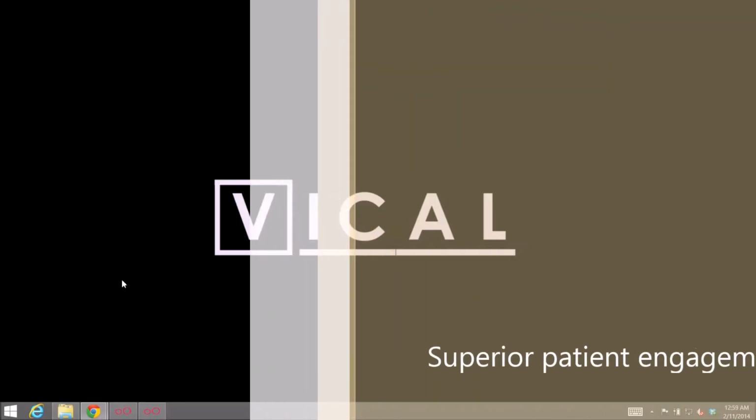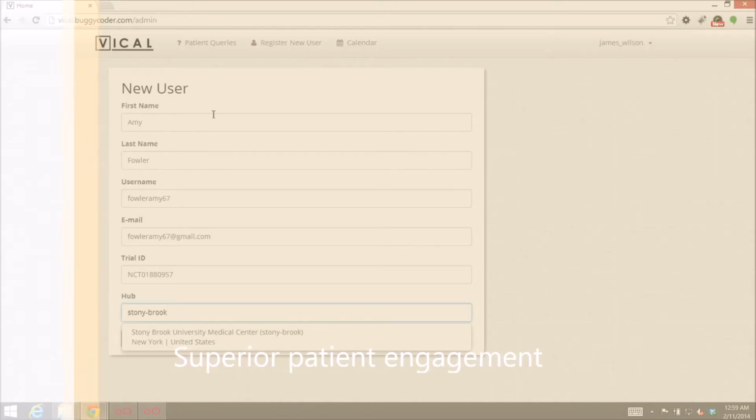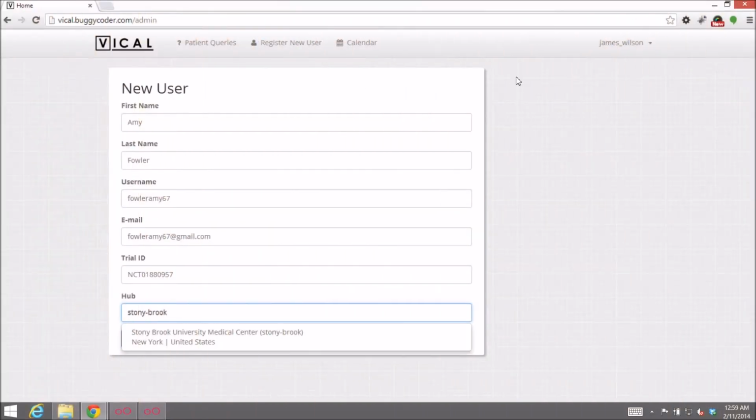Vical helps clinical trial patients seamlessly integrate their trial obligations into their daily lives. The journey at Vical begins when a clinician recruits candidates for the trial. Here we have James Wilson, a clinician at the Stony Brook Medical Center, about to create an entry for Amy